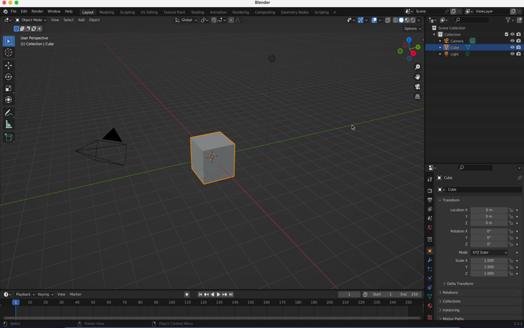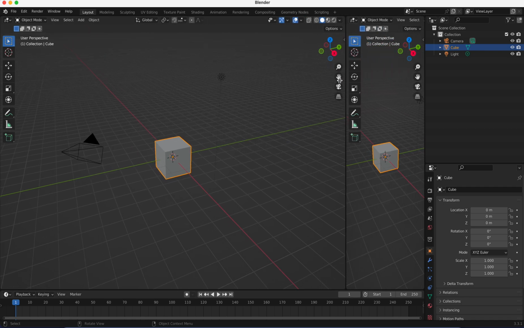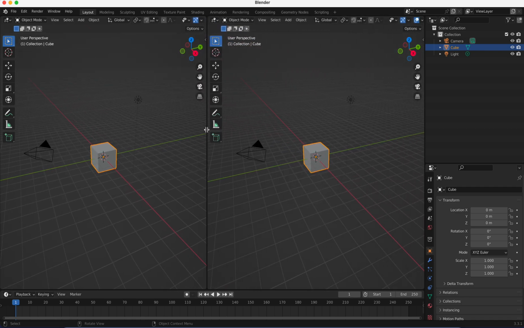Sometimes that can be a little overwhelming, and sometimes you can do things by accident that you don't mean to. One thing that I've seen people do before, if you hover over the top right corner, you see how this turns into a little plus sign? If you drag into your scene from that plus sign, you create another view. So another window opens, we have another viewport here. This can be very helpful, and you can look at the same object from different sides. You can look at the same scene from different sides, from different perspectives,